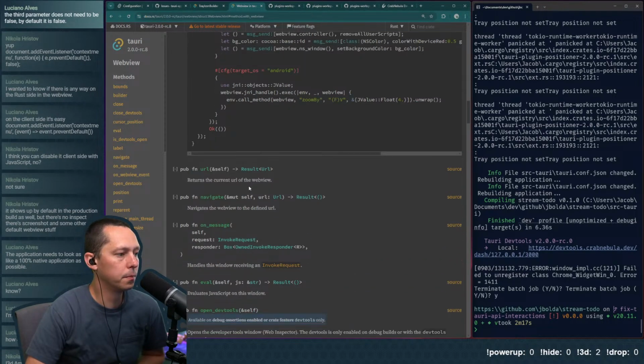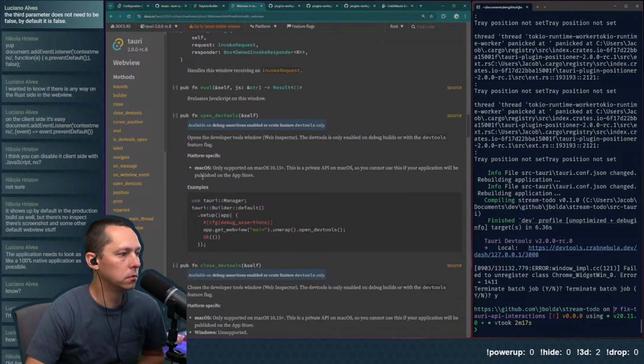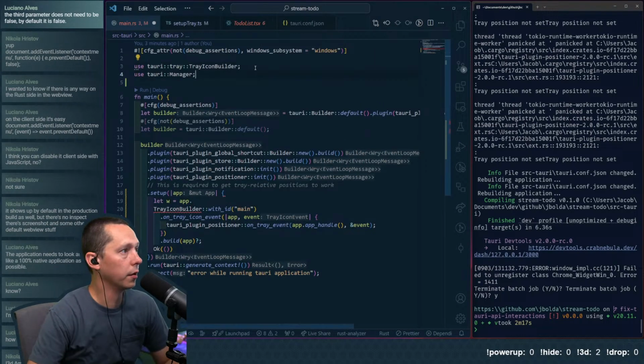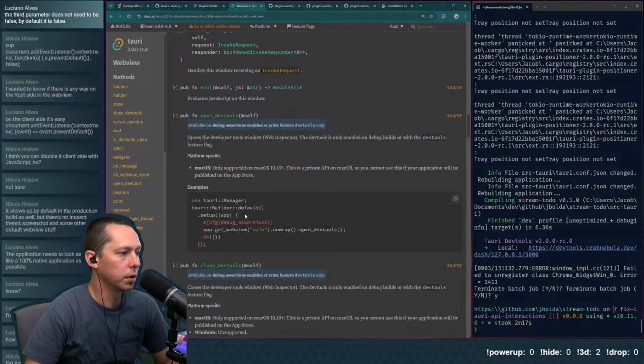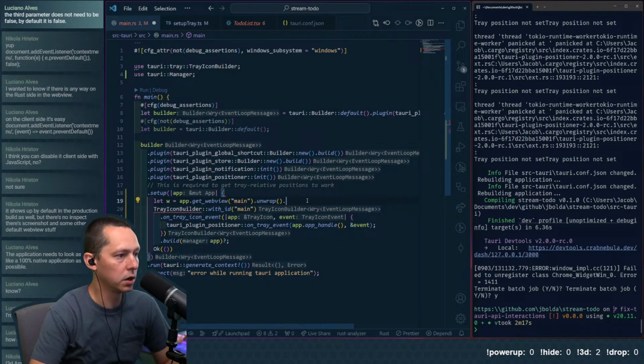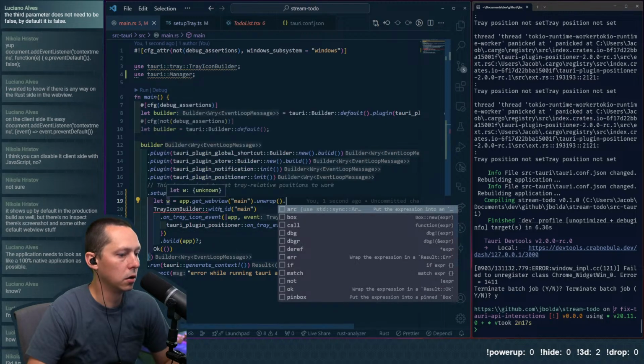Get web view. Yeah, I think we're going to have to use the Tauri manager. Let's try it real quick. Use Tauri manager. I've got the example here that'll make it easy to give it a shot. So if we do this, that should give us a